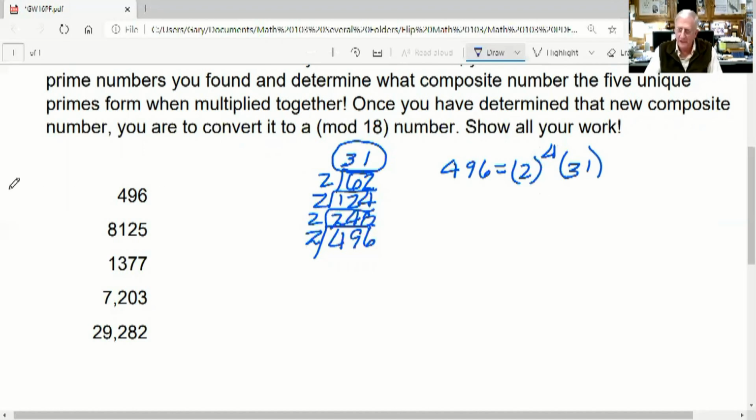Well, let's shoot over to 8125. Let's go over here with 8125. Let's see what we can do with that. Well, you recall your divisibility rules. 8125 ends in a 5, right? So it should be divisible by 5. So on your calculator, take 8125, like I'm doing, and divide it by 5. When I did, I got